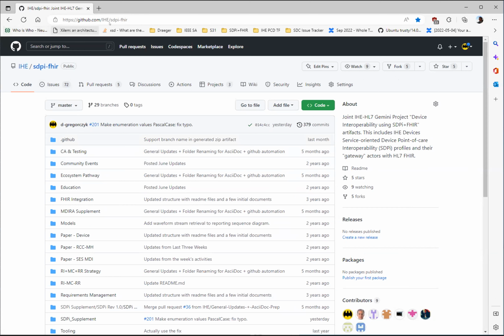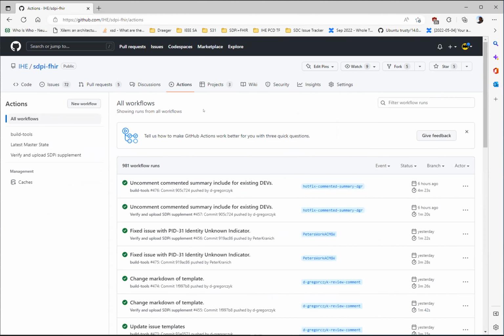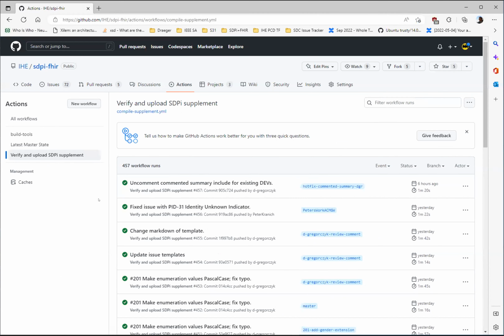Yep. If you are on the SDPi-FHIR IHE GitHub page, you see the code, and then there are the actions, and the actions are your entry point to all the artifacts that are either generated as part of the issues that are being worked on, or as part of the latest, greatest master state that we have in the repository. Verify and upload SDPi supplement is actually the entry point if you're looking for the actual output as we expect it to be for the IHE